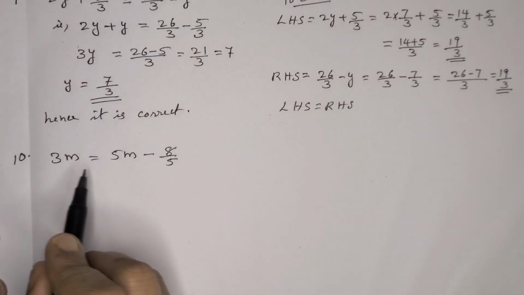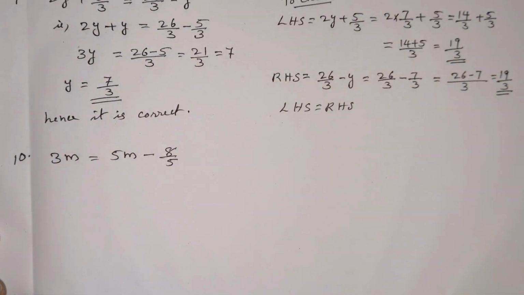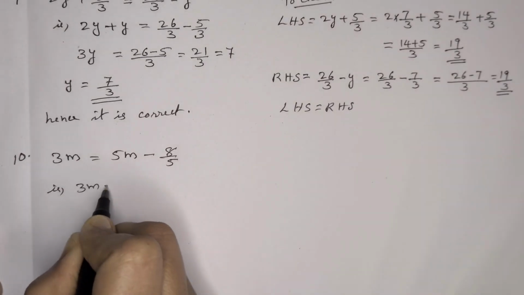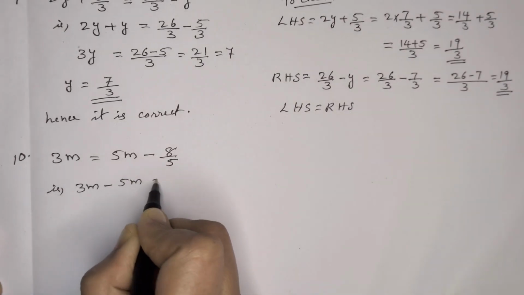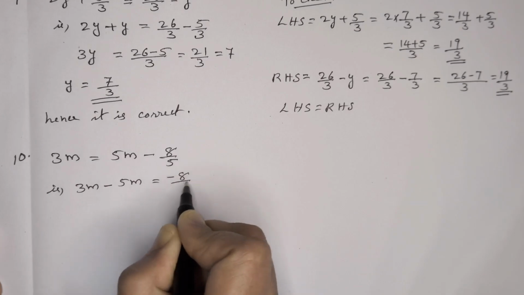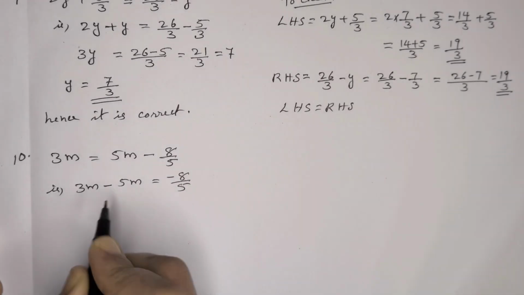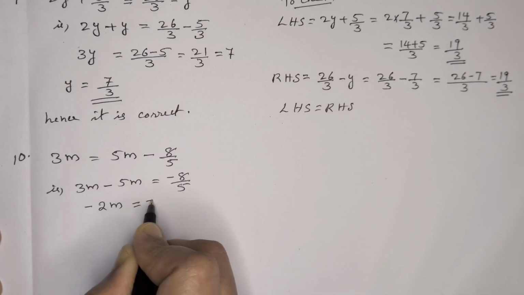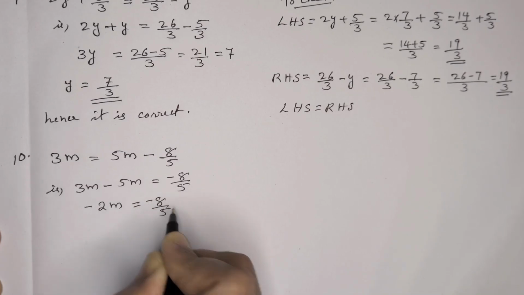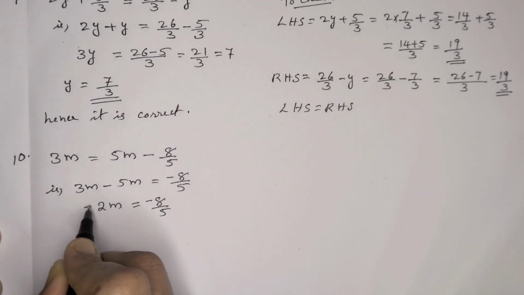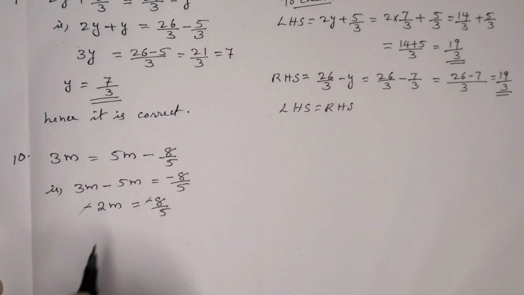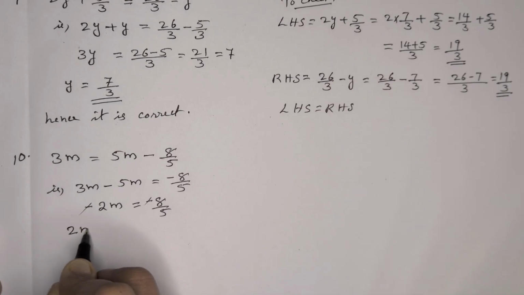Tenth one: 3m = 5m - 8/5. That is 3m - 5m = -8/5. 3m minus 5m is -2m, equal to -8/5. We can cancel the negative sign from both the sides. Now 2m is equal to